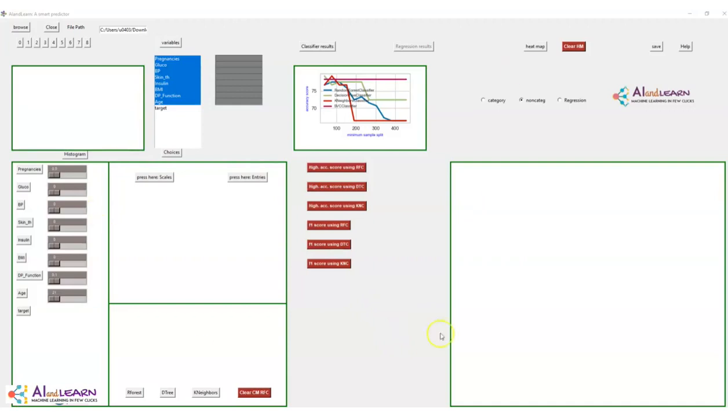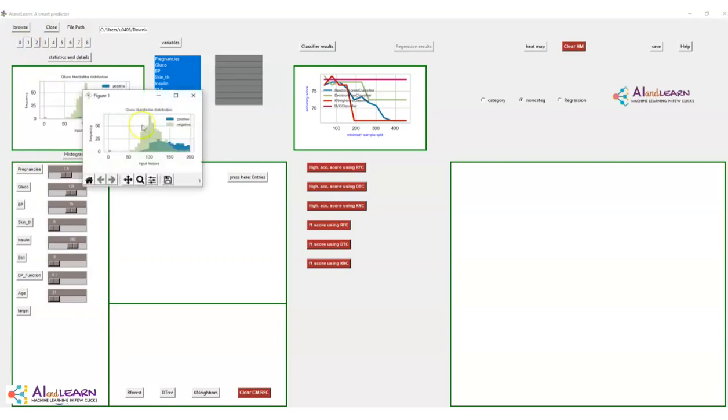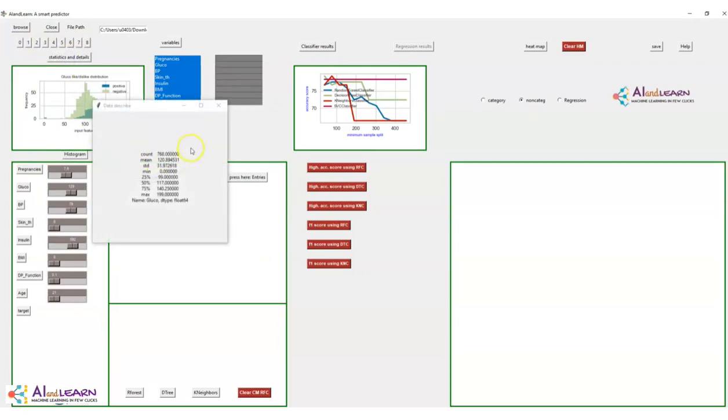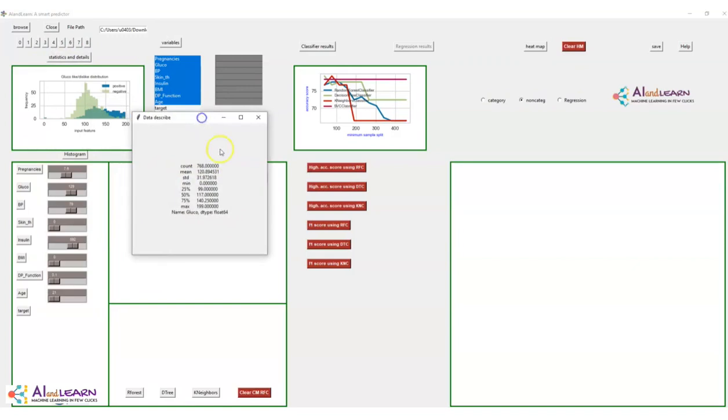Once the simulation is complete, we can analyze the data. Here we can notice all feature vectors with scale entry. It means that we can change the input value and find the prediction for such input. Similarly, we can notice the feature vector number in the top left corner. We can get a histogram for each feature vector or variable. We can also investigate each feature vector and its associated statistics. Here we can notice various important information for each feature vector or variable, such as mean, standard deviation, data type,